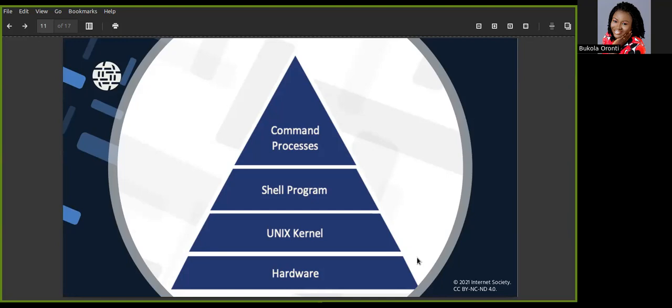And then for the root user, we have what we refer to as the hash sign. So when you get to the shell prompt and you are seeing the hash sign, it simply means you're working as a root user, or as a super user or administrator. So you must be very mindful of the commands you execute at every step.